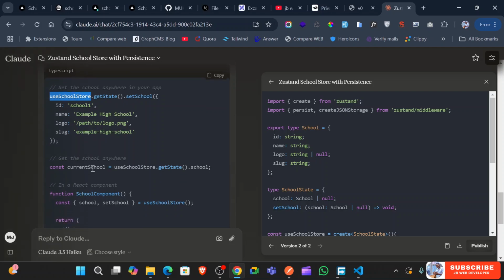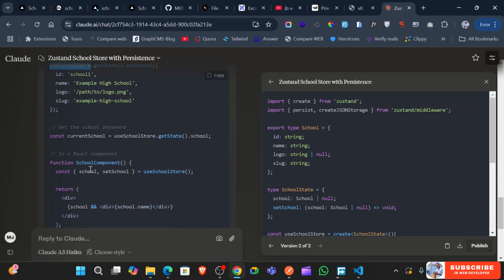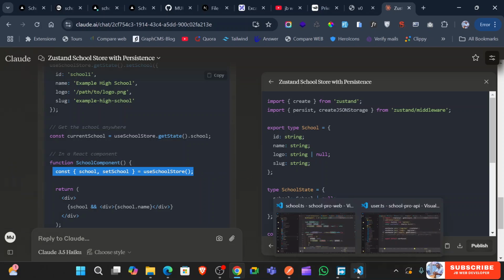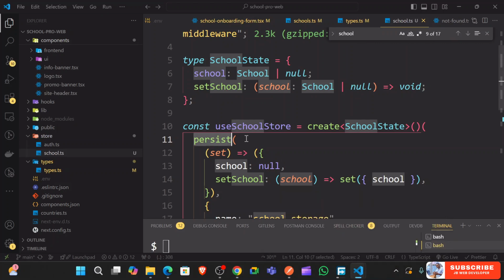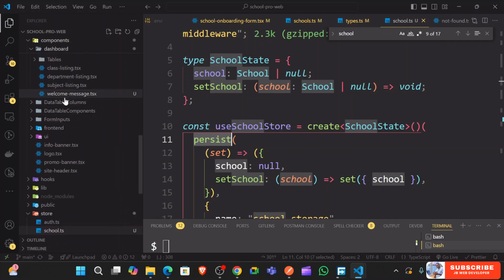Get the school. So you can just do this. Okay, I just need something like this where you can access the school or get the school. So I can just say, for instance, that